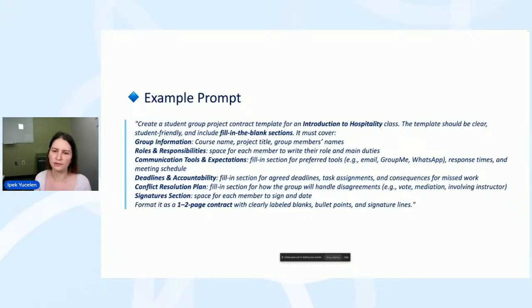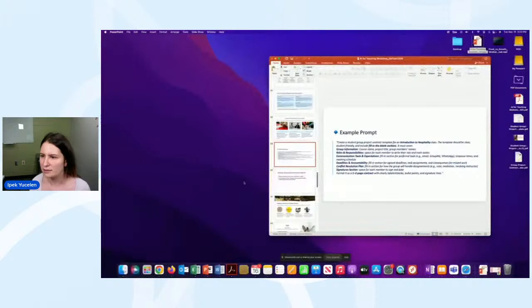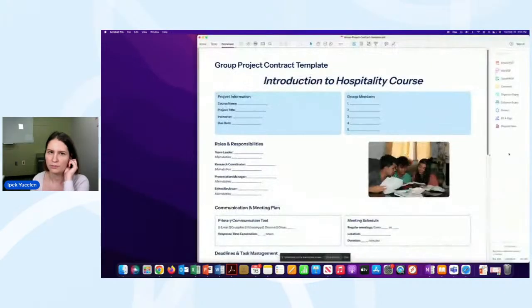You can enter this into ChatGPT, which can directly give you the Word or PDF. However, I asked my Gamma app, and it generated something like this. It generates in different formats, but you see, incredible.